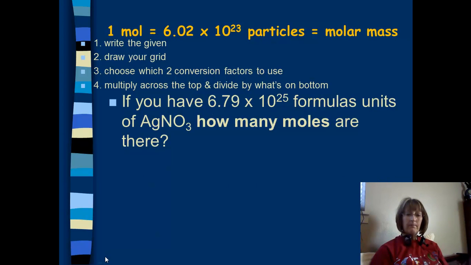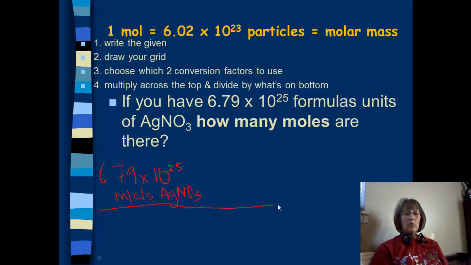That's a lot. Next, if you have 6.79 times 10 to the 25 formula units of AgNO3, how many moles do you have there? So name the first element. Name the polyatomic ion, silver nitrate. So we have 6.79 times 10 to the 25. I'm going to cheat and just put molecules because it's easier to write. Molecules of